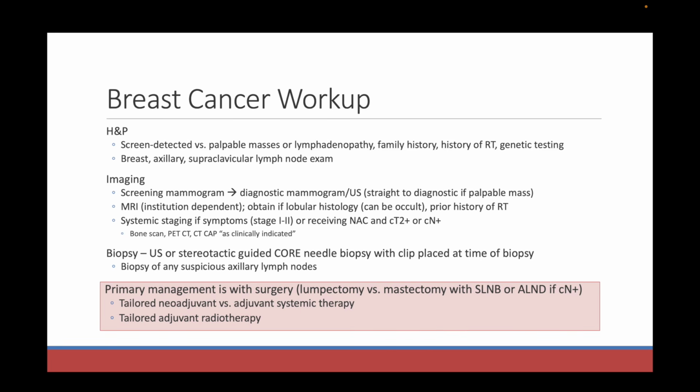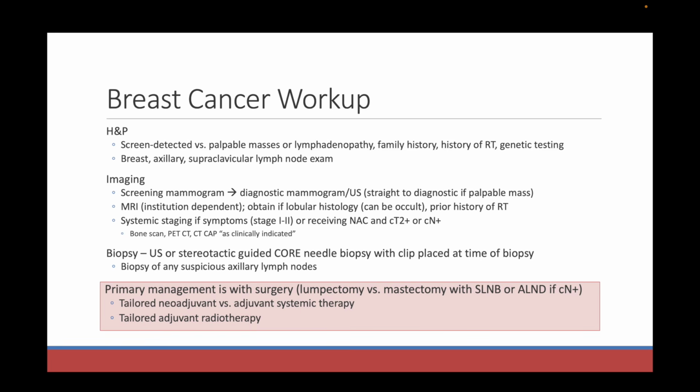For biopsy, you want to get a core needle biopsy, okay? This can be done ultrasound guided or stereotactic. Oftentimes with DCIS, these are just going to be calcifications on a mammogram, and it's not able to be visualized on ultrasound, so that's when you need stereotactic biopsy. But breast masses, which are breast cancer usually, are often detectable on ultrasound. So if you can see it easily on an ultrasound, that's the easier way to get the biopsy. If you can't see it on ultrasound, which is often the case for the calcifications for DCIS, then you get